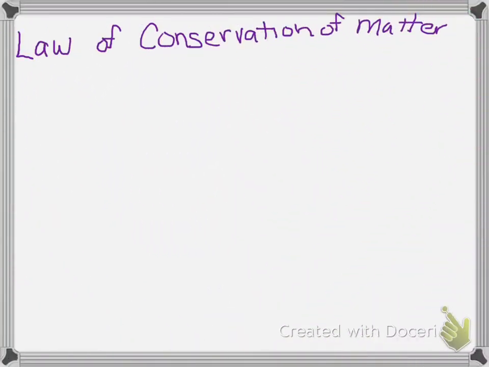Lyons. Today we're going to continue talking about chemical equations, specifically how we balance chemical equations. And before we get into balancing them, we have to understand that there's a reason why we balance chemical equations. And the reason is called the law of conservation of matter, which says that basically